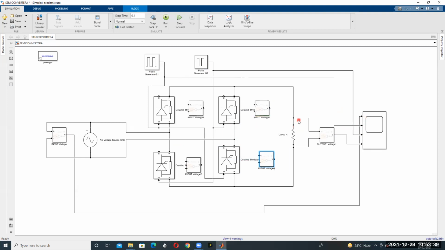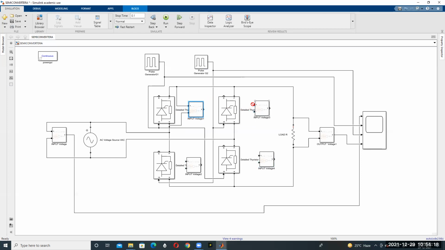So the four are connected like this in the scope. For the remaining elements, if you want to measure the voltage across thyristor T1, T2, T3, T4, the voltage measurements are connected like this. Connect here a voltage measurement across thyristor T1, parallel to thyristor T1. In this way we connect one voltmeter in parallel to the thyristor.